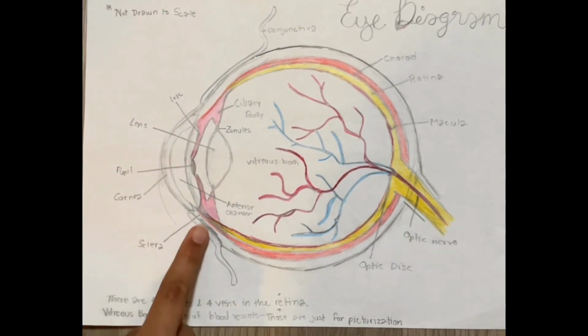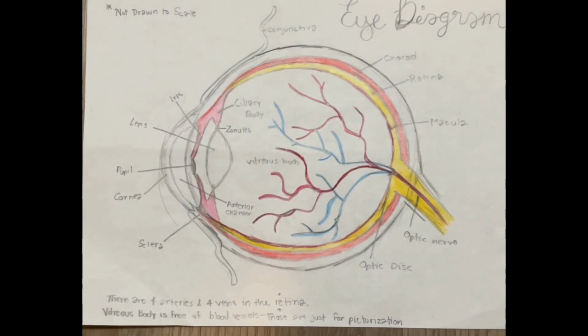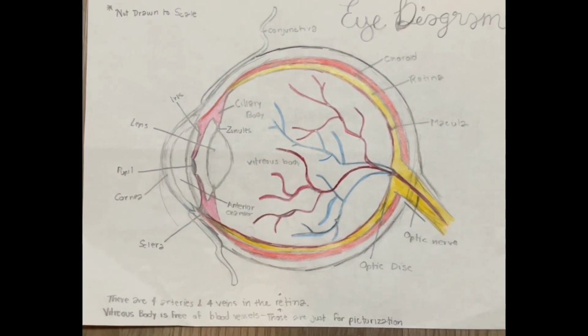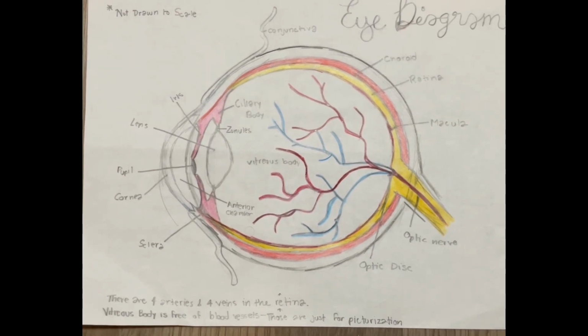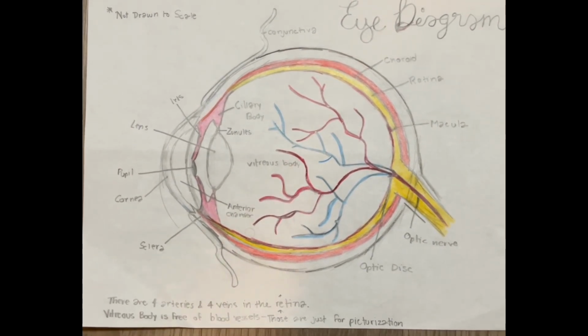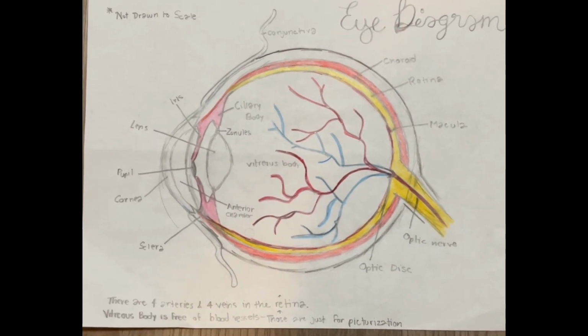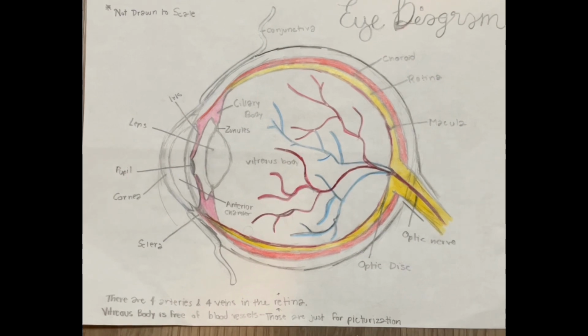This is the cornea. The cornea is the clear front surface of the eye. It is 10 to 12 millimeters in diameter. It has 5 layers. 1. The corneal epithelium. 2. The Bowman's layer. 3. The corneal stroma. 4. Descemet's membrane. And 5. Corneal